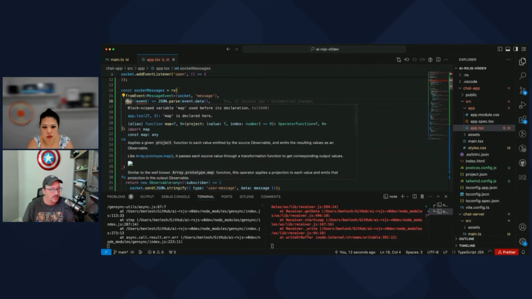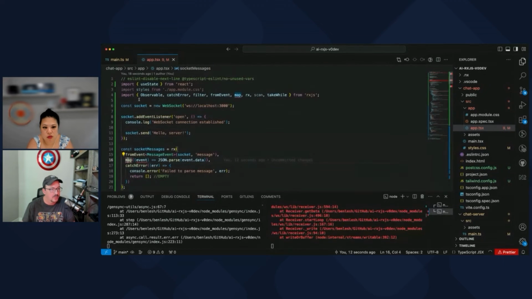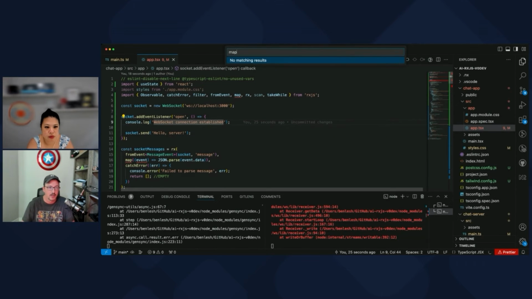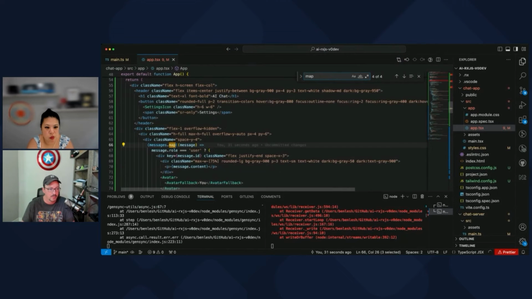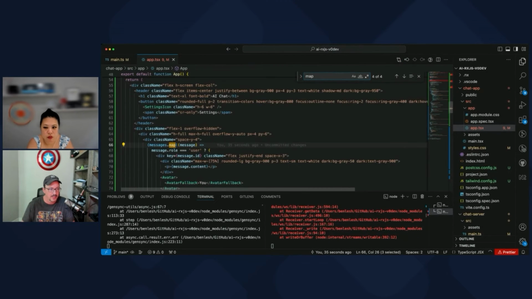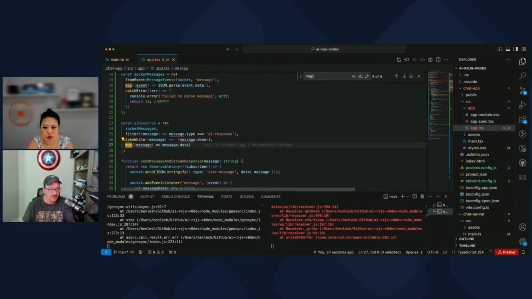What is this upset about? Where is map declared? Conflicts with another declaration. Oh. Wait, where's the other declaration? It's losing its mind.